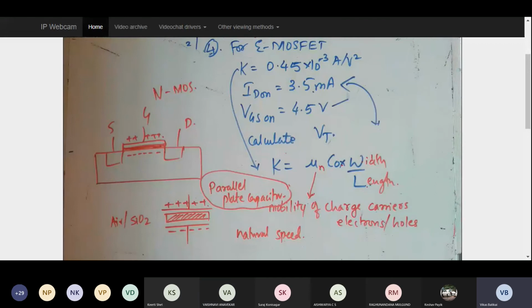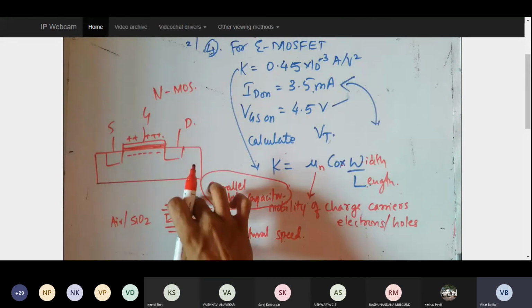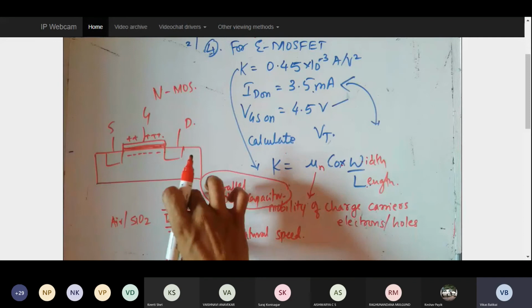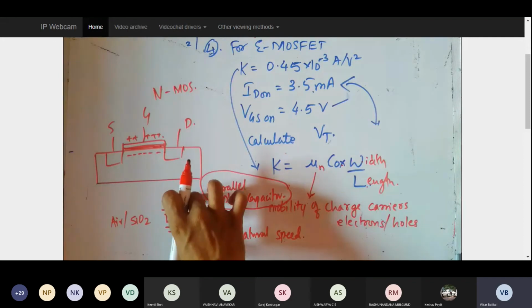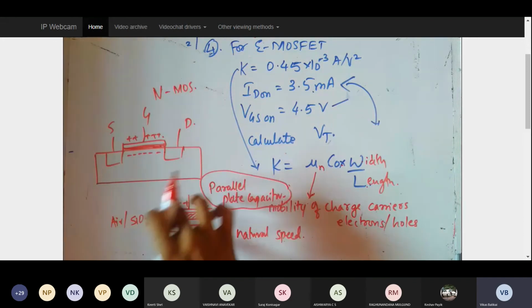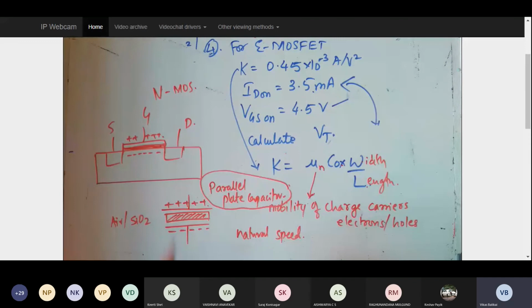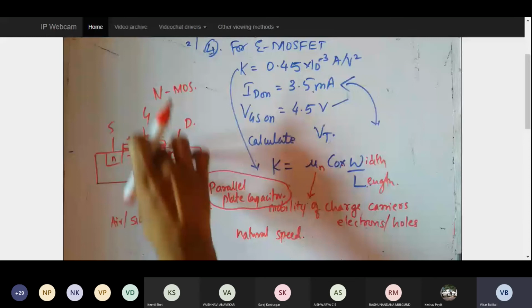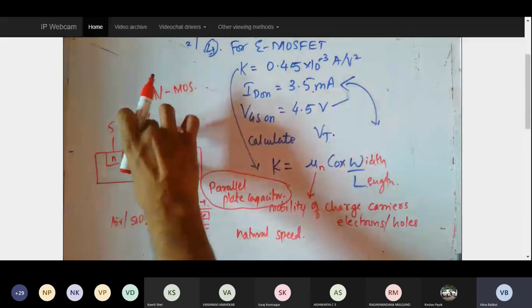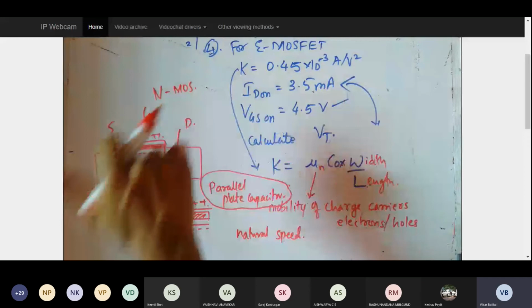Yes, sir. So this capacitance was created by virtue of the device. I did not create a separate capacitance. When I started operating on this device, it was automatically created, just as a PN junction gets created by default. To identify how much this particular capacitance is, we use C ox. This indicates the oxide capacitance.